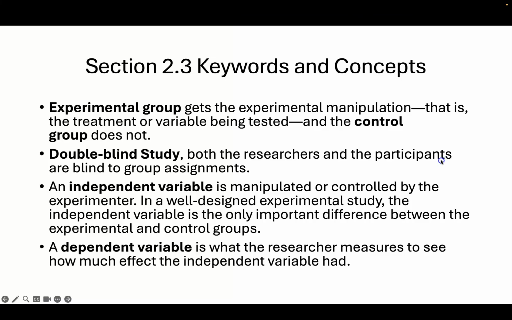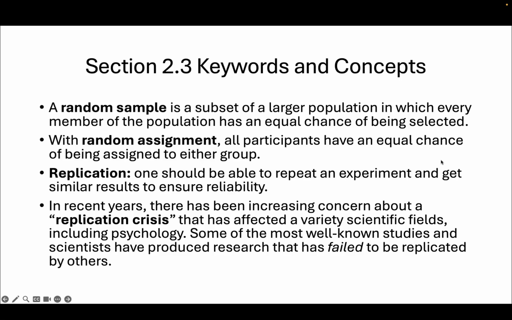Moving on. All right, we have a random sample. A random sample is one of the ways that we do these experiments, right? It's a subset of a larger population in which every member of the population has an equal chance of being selected. We usually use computers to do this. We'll just put a bunch of stuff in a computer and have it spit out random samples so that it can be completely randomized. And then with random assignment, similar idea,